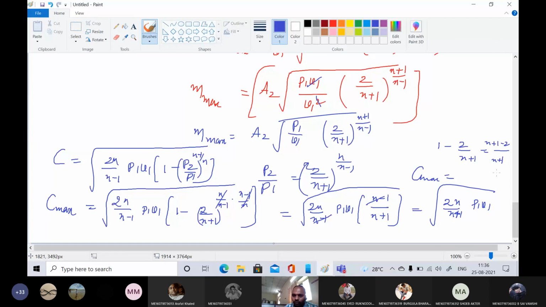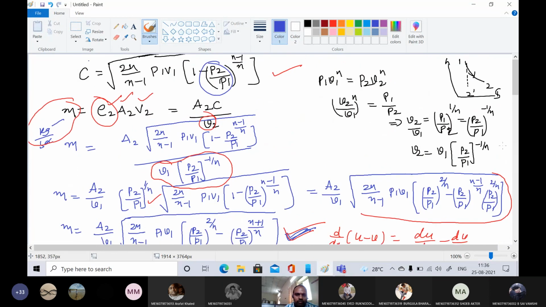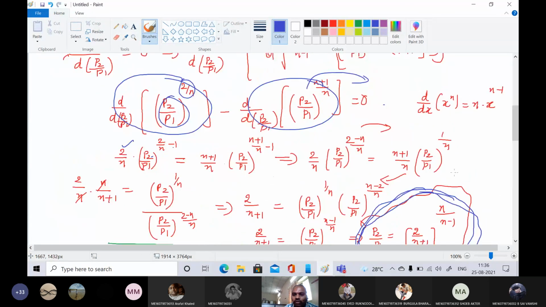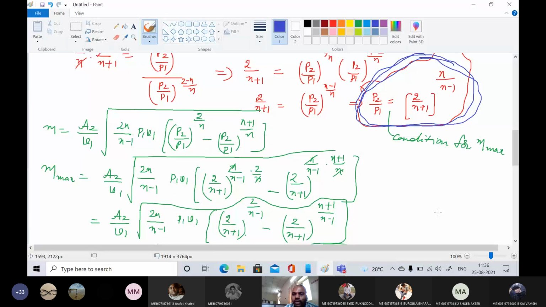So it is a very important one. You practice today. If you don't get it, I'll derive it again tomorrow. Very important derivation: discharge of steam passing through the nozzle, the condition for maximum discharge, what the maximum discharge is, and what the maximum velocity is. This P2 by P1 is called the critical pressure ratio. You may be asked for the direct equation for the critical pressure ratio of steam passing through a nozzle, where P1 is the inlet pressure and P2 is the pressure at the throat of the nozzle.